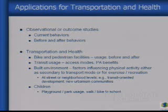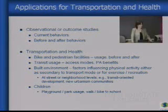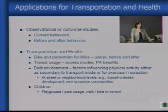And so for transportation and health applications, these include things like bike and ped facilities, transit usage. I know a lot of transit agencies are very interested in how people access their locations, whether they're bus stops or train stations, so you can get the full walk or bike trip or even car trip made to transit facilities. There's a lot of interest in looking at the built environment and the factors that influence physical activity,